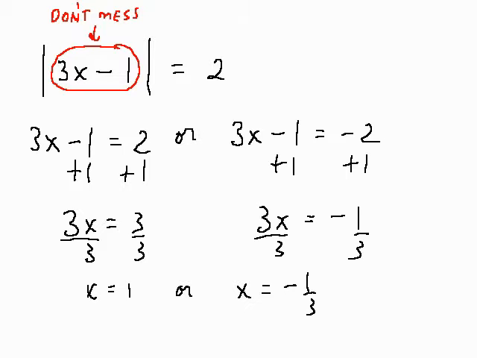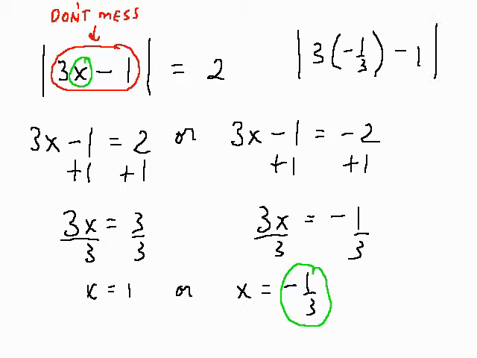And we can check this. That's what I love about equations, is you can actually take one of these 2 answers and plug it in here. So I'm going to take this -1/3, and I'm going to check it up here for x. You thought I was going to take the easy number and check it, didn't you? No, Young takes the tough ones and checks them. So we'll take 3 times -1/3 minus 1 and see if that equals 2.